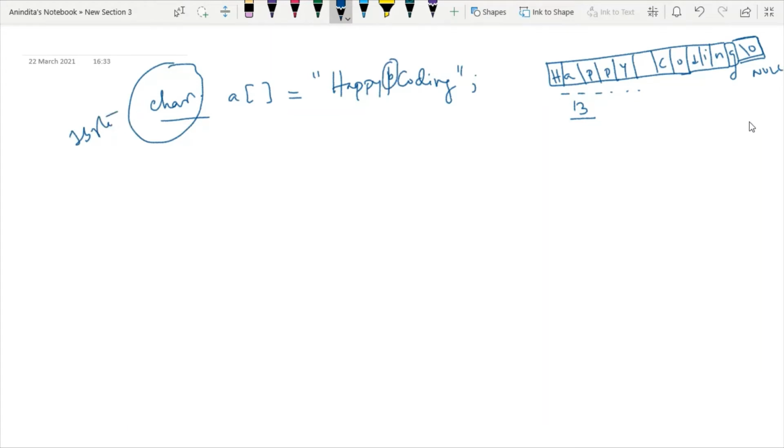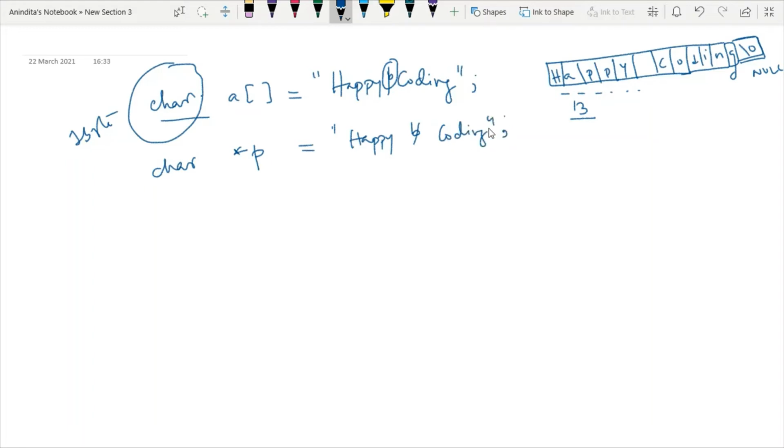Now we have one specific notation over here. Similarly, I can also write one character pointer, and in the character pointer also I can store this same string, happy coding.